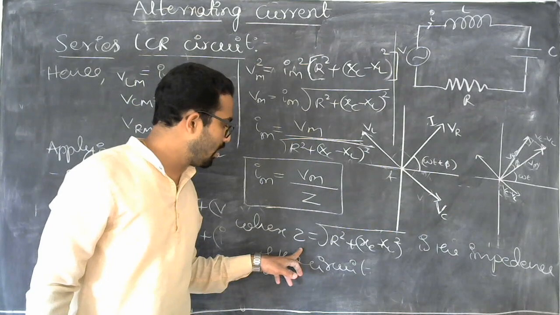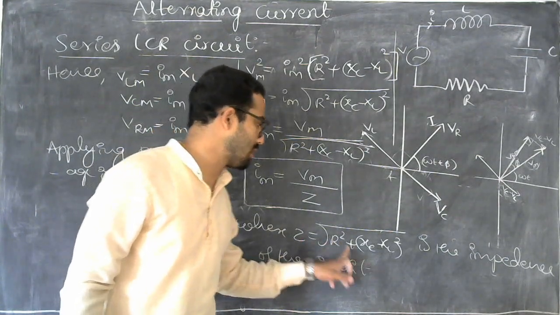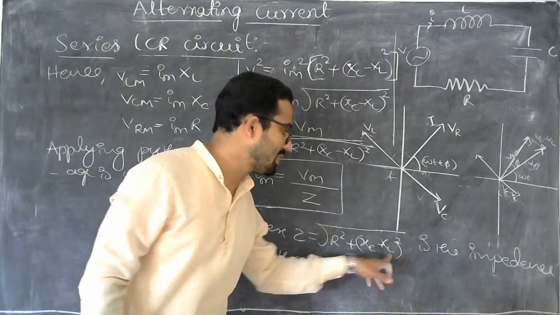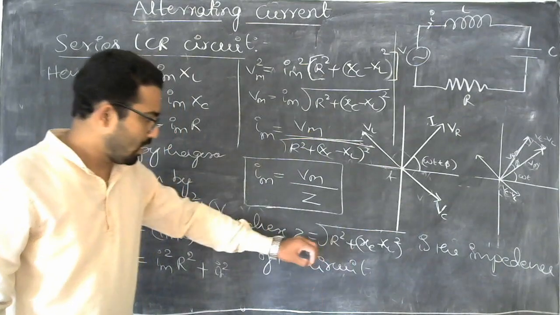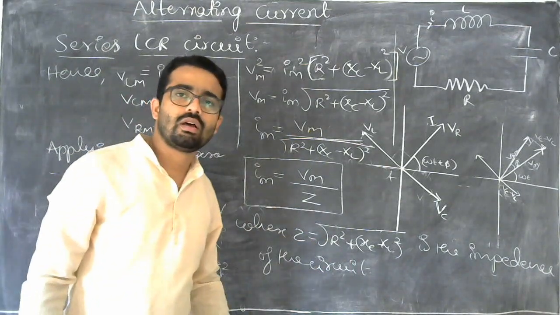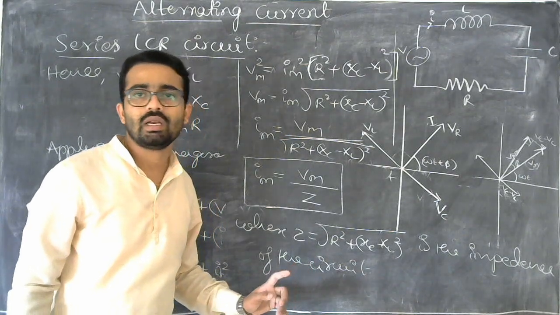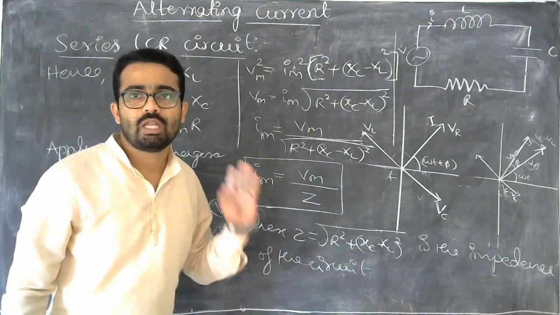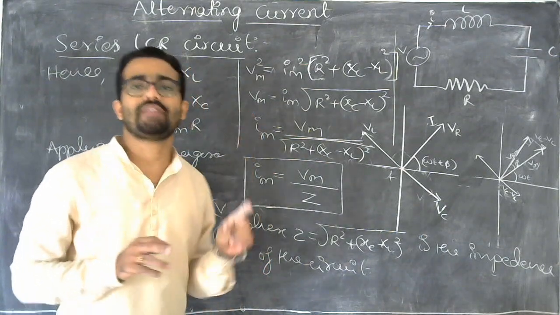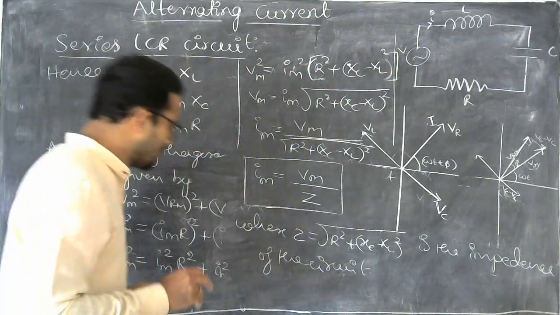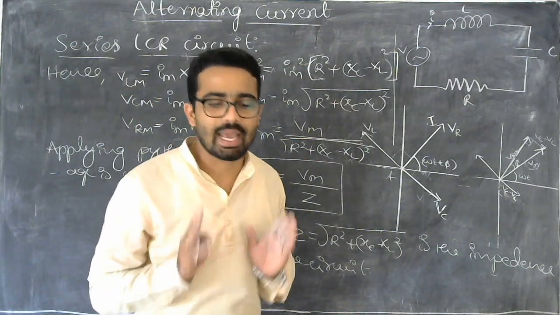So this is the equation for the impedance of the circuit, that is Z is equal to the square root of R square plus Xc minus Xl, whole square. In the beginning, we wrote the equation for current, that is I is equal to Im sin(omega t plus phi). There was a term phi, that is a phase difference. Then how do we find that phase difference phi? That can be done with the help of a diagram called the impedance diagram.